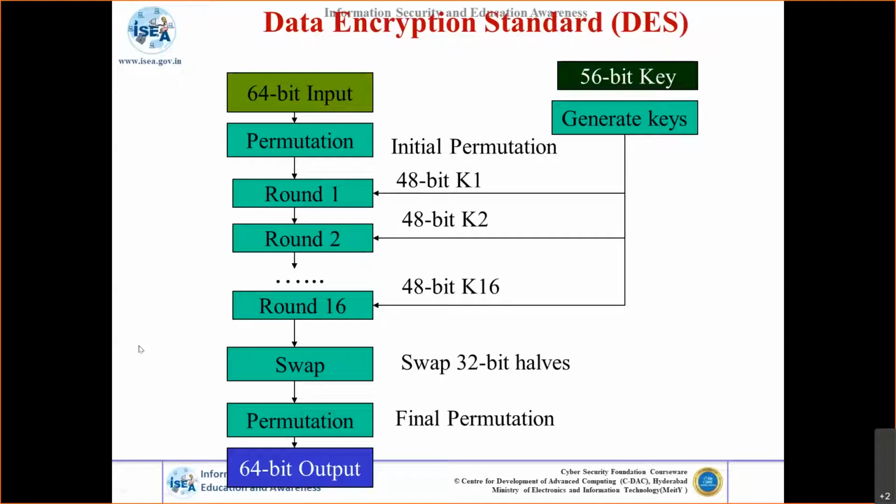It has multiple rounds of operations, with an initial permutation and a final permutation. You can see that in this DES there are 16 rounds of operations, which have a substitution box and XOR operations internally. But prior to that, there is an initial permutation and a final permutation, and also a swap operation. Now let me tell you what this is.